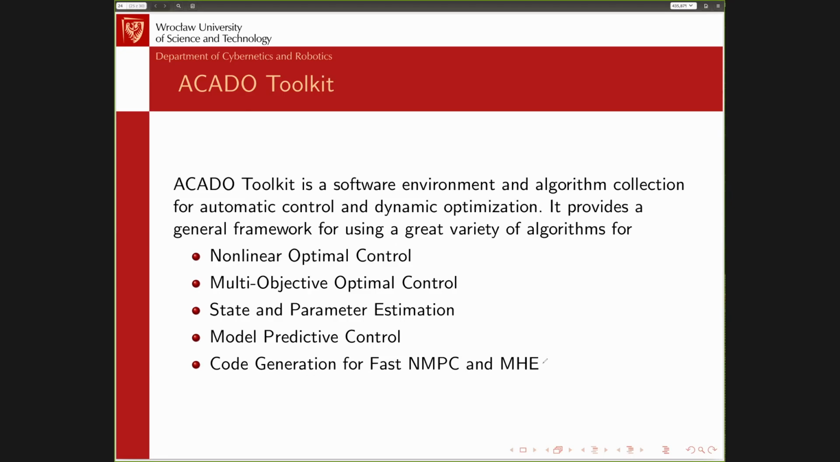Okay, the last library is the Acado Toolkit. This is also a collection of different libraries, which has some nice functionalities. First, it's designed for nonlinear optimal control. Also, it is able to solve multi-objective optimal control. What is multi-objective optimal control? This is the problem when you have some sequence of optimization problems. Of course, you can solve them. Each problem you can solve